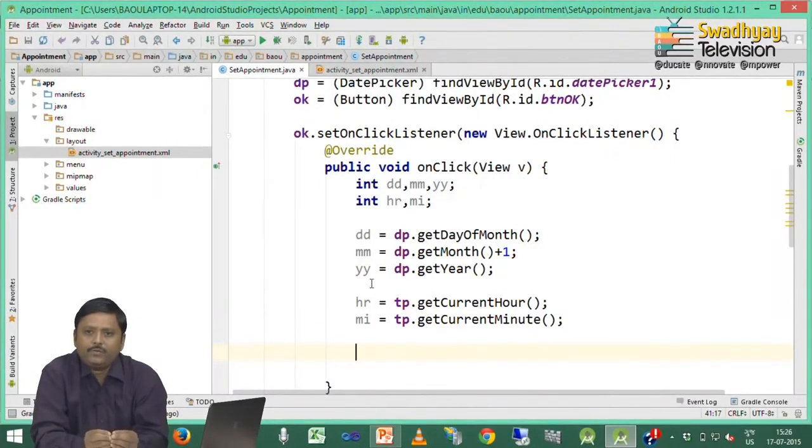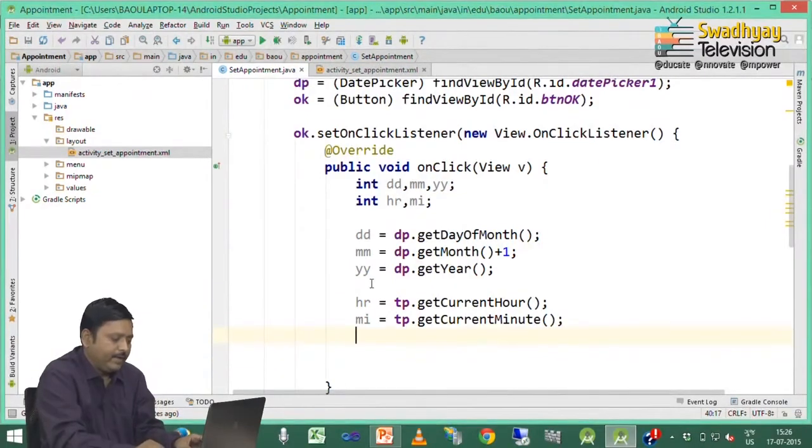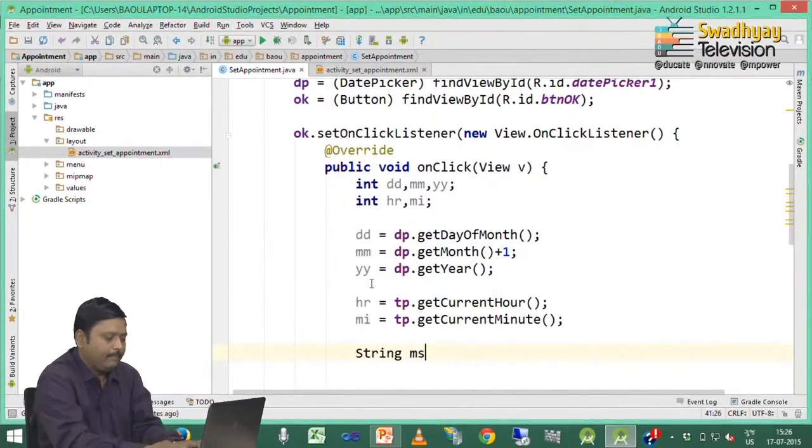Next, we just want to display these values in form of toast. So, I am just creating toast and display all this information inside toast. So, here I declare one variable string message. Here I write down appointment set on.